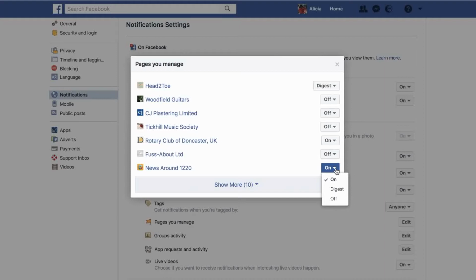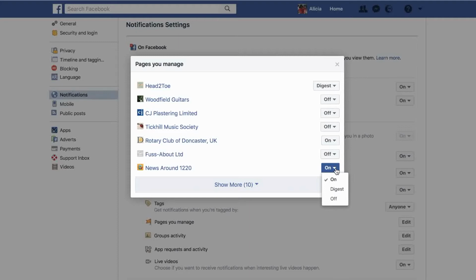It might say 3 people liked your post, or someone posted on your page. If you turn notifications off, you will receive no notifications whatsoever. Now this is something that a very passive page role person would want to do. So for instance, if you are the main admin and you're going to be the one who is active on the page, but you've made somebody else an admin purely as like a key holder,